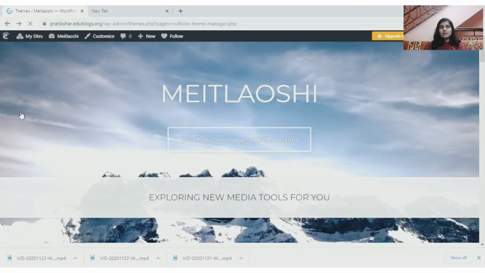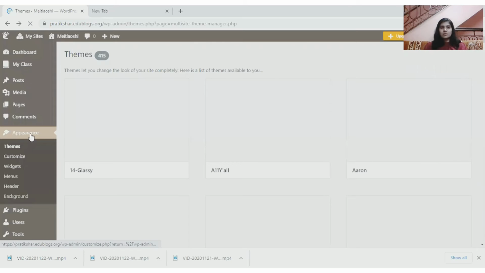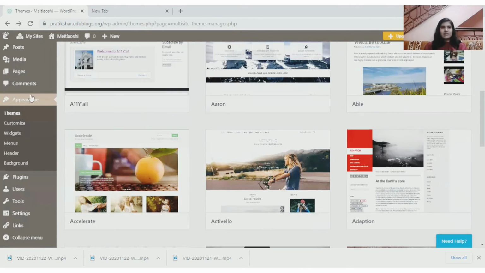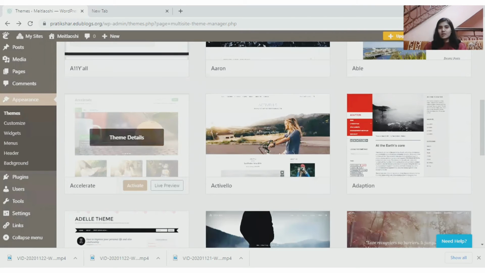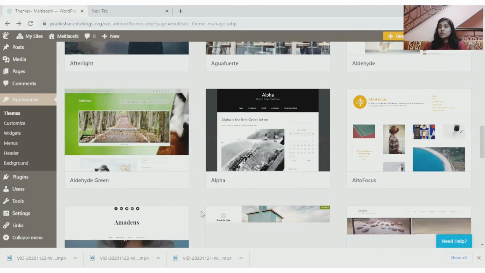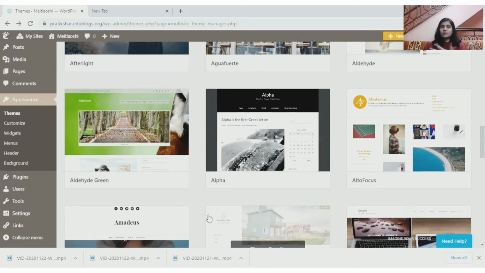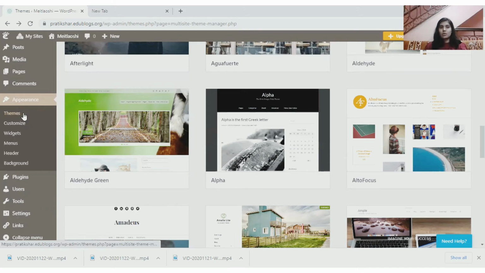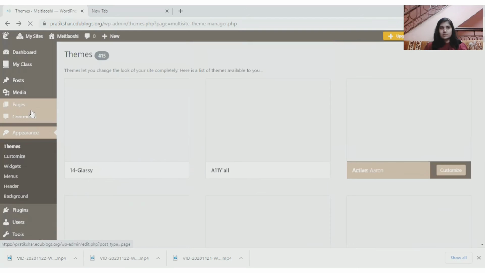Again, we'll go back and see what other things you can see over here. Apart from this, I'll just go and change back my theme, but for now, I'll just let it be like that. See, they already have various options and themes that you can use to create your blogs. And when you're creating these kind of blogs, it also makes the students want to learn and read more when your site is more attractive rather than just having a black and white site with no images included, right?